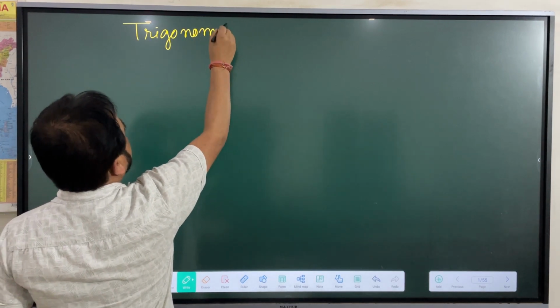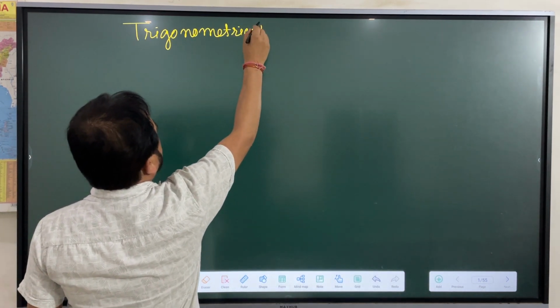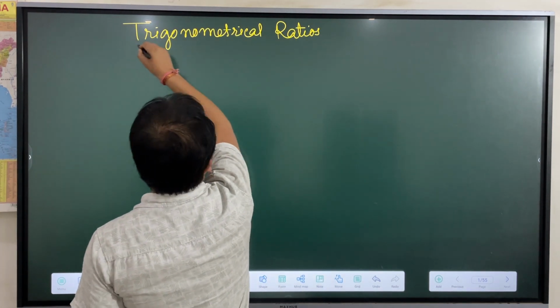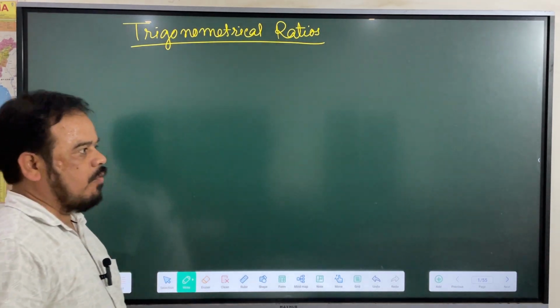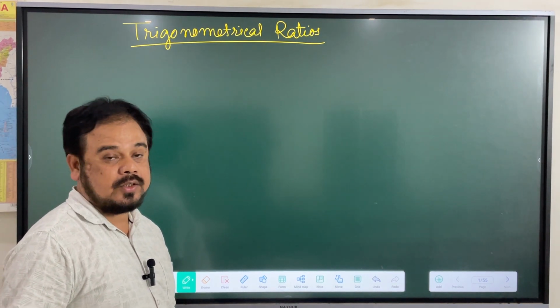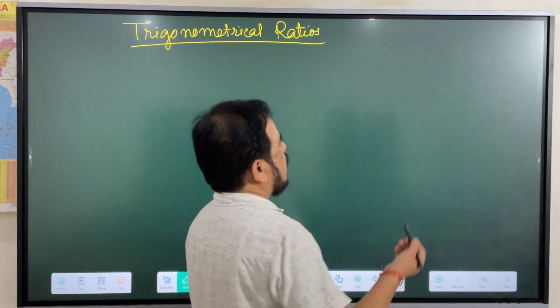Trigonometrical ratios. That is what you have to learn first. Then only we can do this exercise, or then only you can understand whatever is there in exercise 2.4. So as we know,